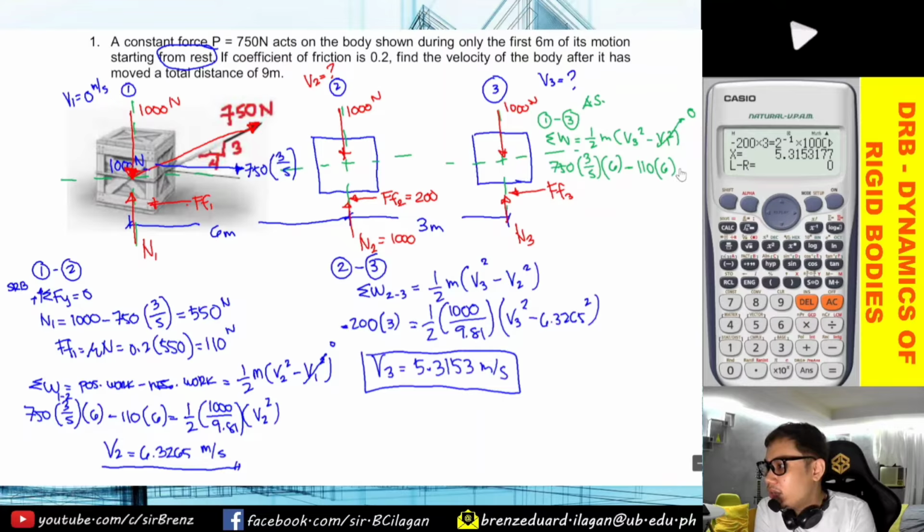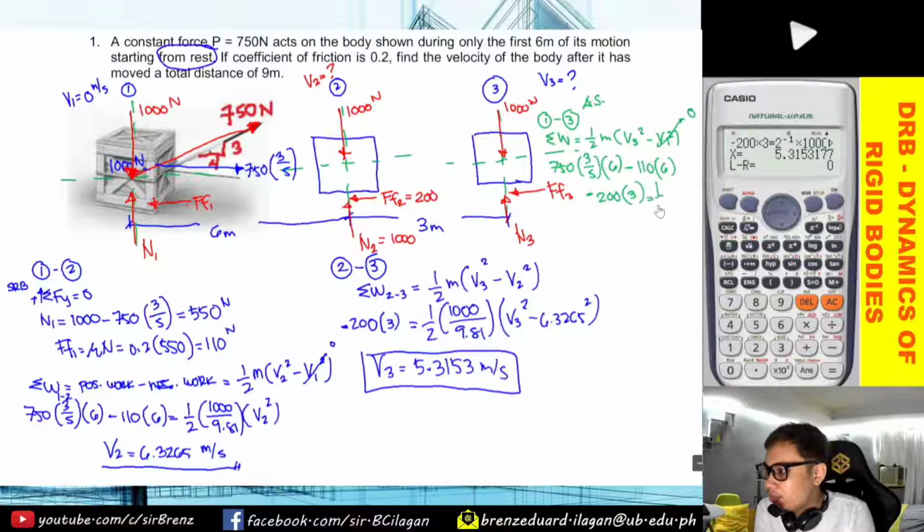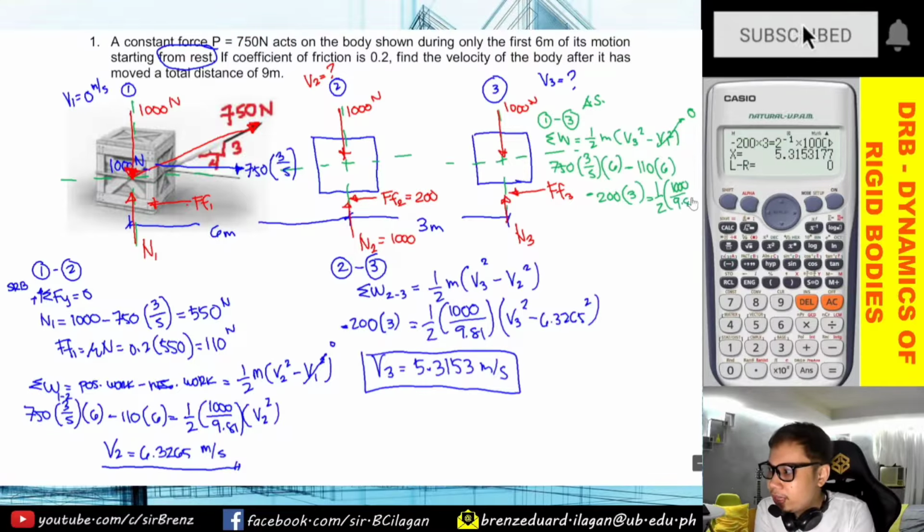So, ito, dugsungan lang natin. So, dito na lang sa baba. So, minus yung 200. Ngayon, yung distance na travel niya is from this point up to this point, which is 3 meters. Ayan. So, equals to 1/2 of the mass na 1,000 divided by 9.81 and then v sub 3